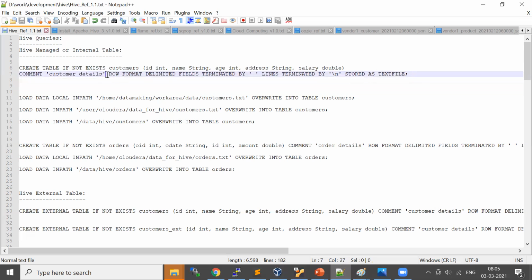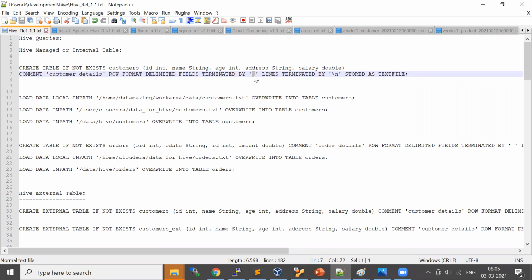Till here, what you specified is basically the table name and the column information. After that, you see the keyword row format delimited fields terminated by a space character, which means that the file you are going to use for loading data into this table should have a space separator.